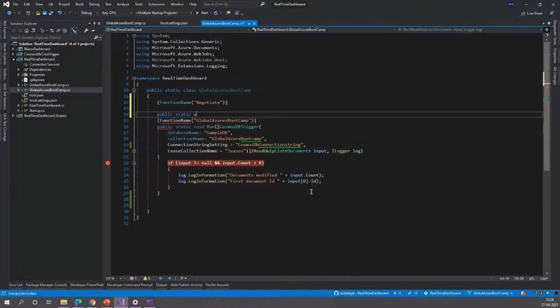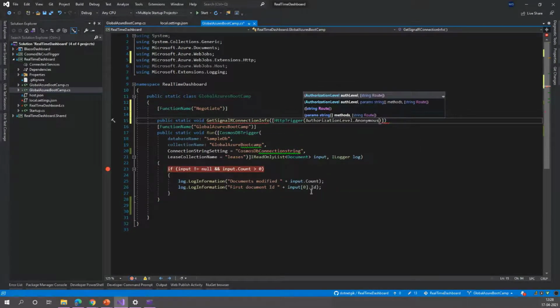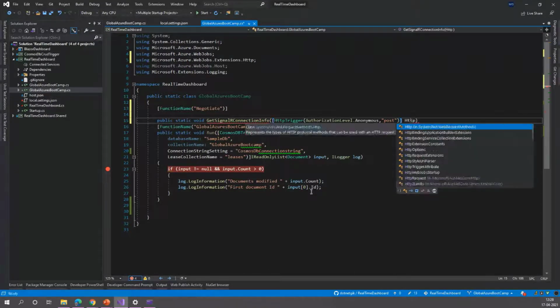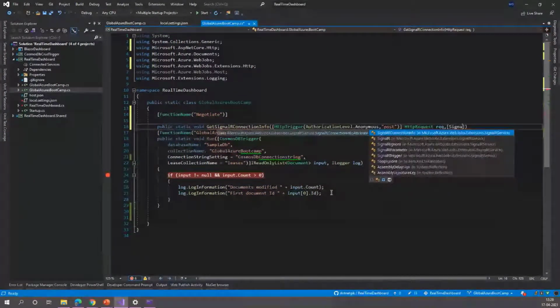Public static void GetConnectionInfo. Let's say HttpTrigger, and for now let's make it anonymous, and we can send it as an HTTP request. Then we will use the input binding provided by the SignalR connection info.